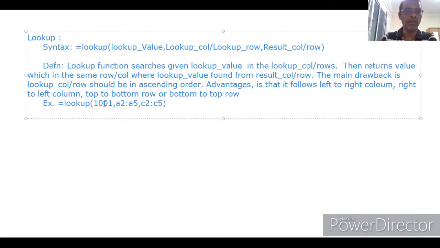1001 is a lookup value. Since A2 colon A5 is the first column, it finds out whether 1001 is available in A2 colon A5. If it is available, the same row will be found, and the value available in C2 to C5 in the same row will be returned. Otherwise,